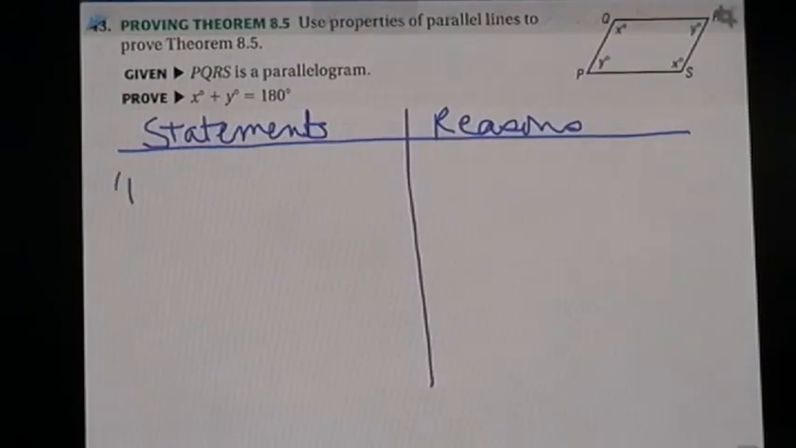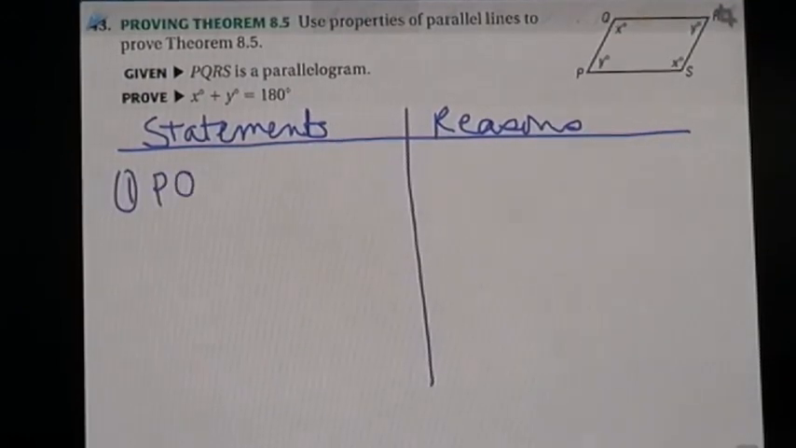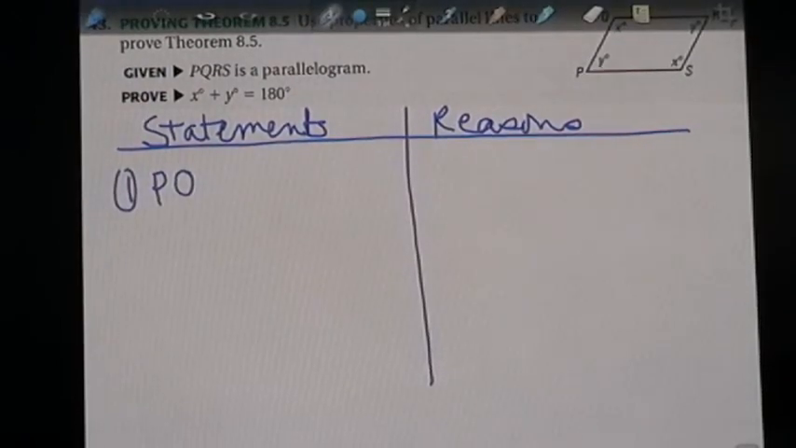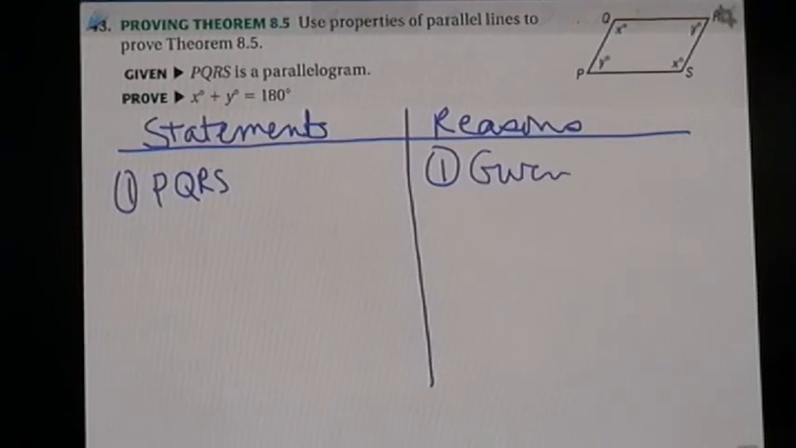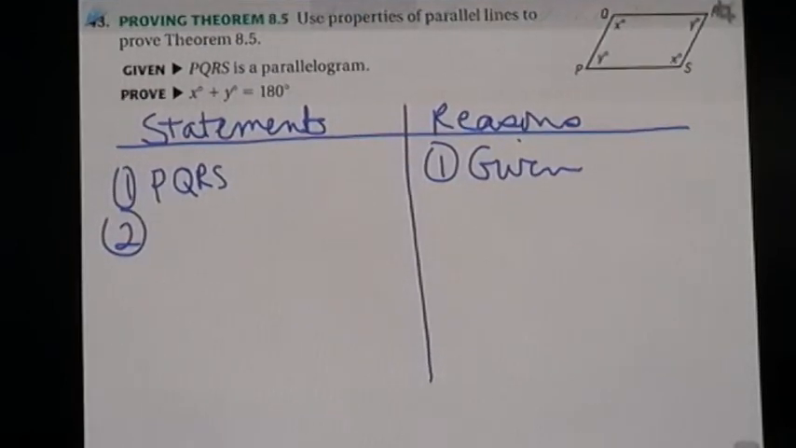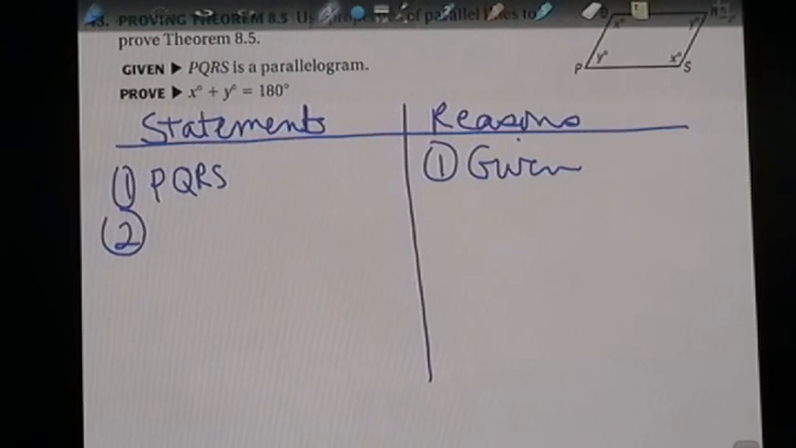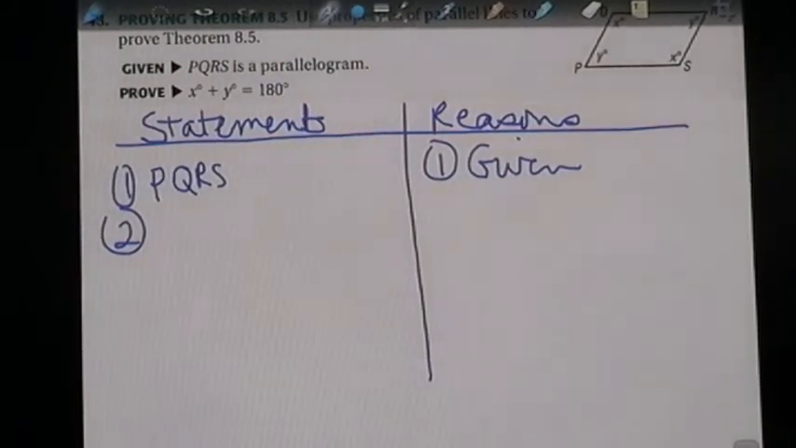So number 1 will be PQ, well you better know this one because it's given. I'm not even going to tell you all of it. PQRS, that's what it starts with. Number 1, it's given. You always do that. Okay, thinking about the fact that PQRS is a parallelogram, then you would have to say, since it's a parallelogram,